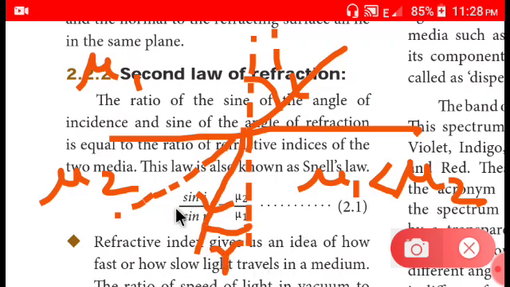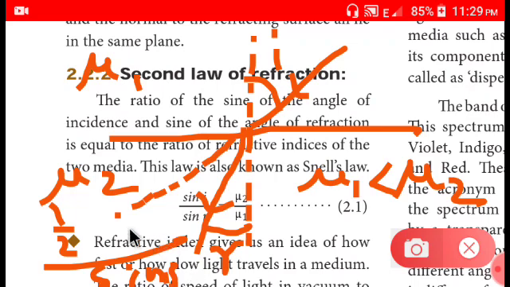So for the law, we need to take sine of i. If this angle is 30 degrees, then you need to take sine 30, which is 1 by 2. First of all, we write 1 by 2 instead of sine i, then divide by sine r. What is r? r might be 15 degrees. We don't know the value of sine 15 degrees, so we can write sine 15 as well. So that is 1 by 2 divided by sine 15, which is equal to mu2 by mu1.